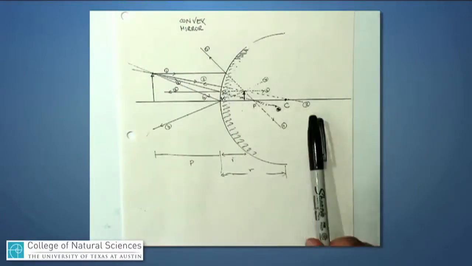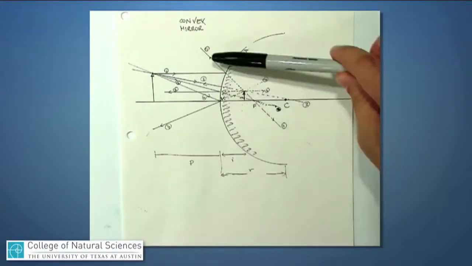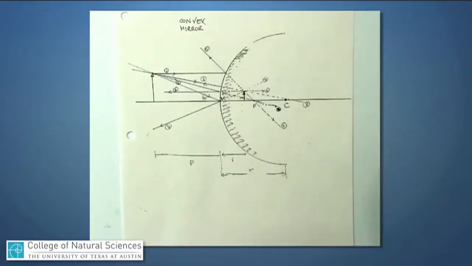It points the other way. The center of curvature is over this way. Light ray number 1 is again the kind of light ray that comes in parallel to the mirror, and it should always reflect back in such a way that it appears to go through the focal point. Well,